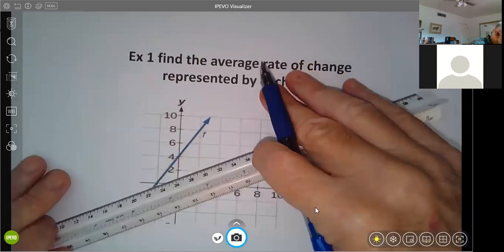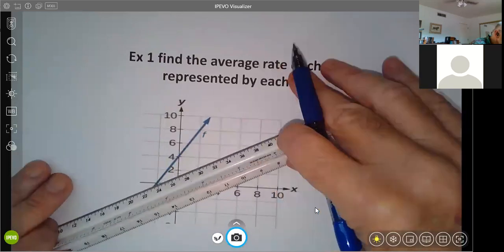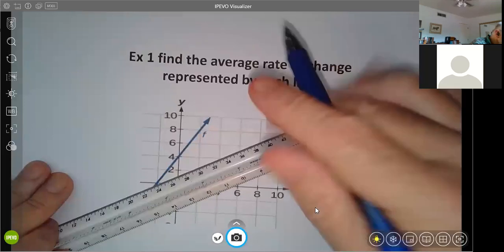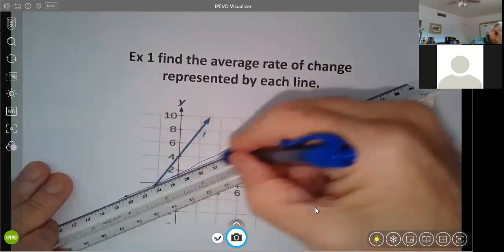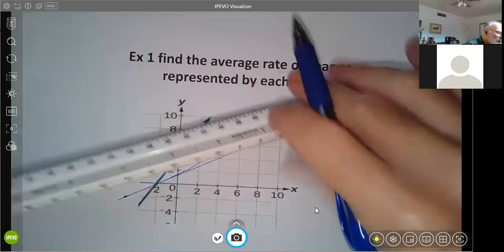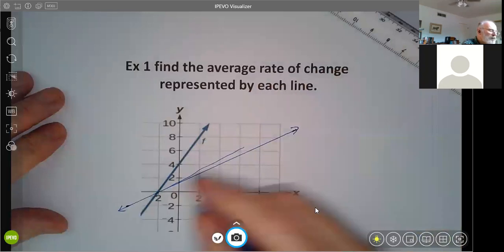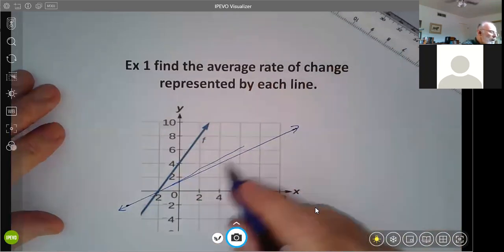We've got plenty of room. On my line. Oops, I did it wrong. Sorry about that, guys. So we'll just have to ignore the wavy line there. All right, so